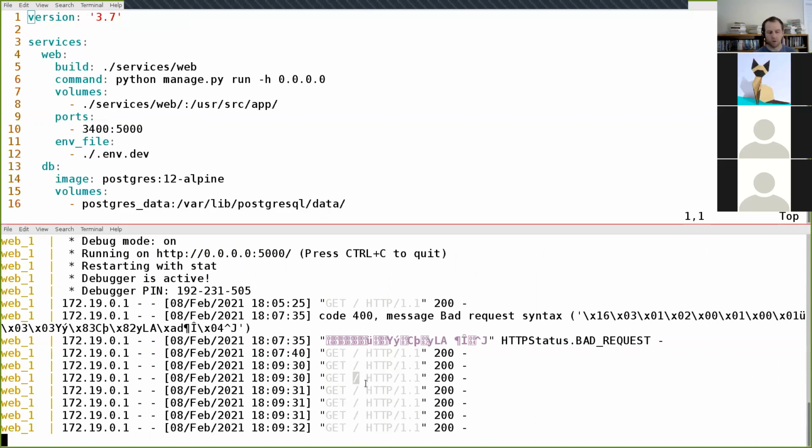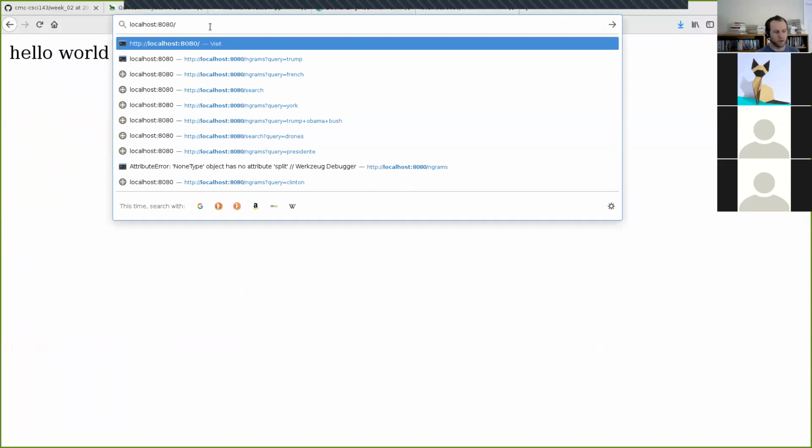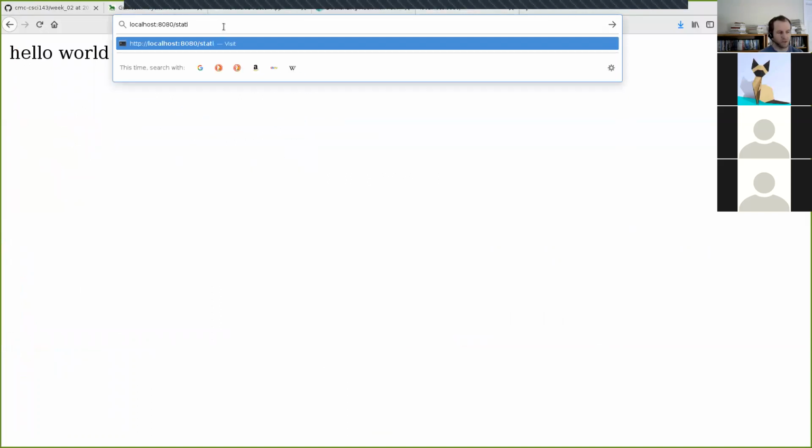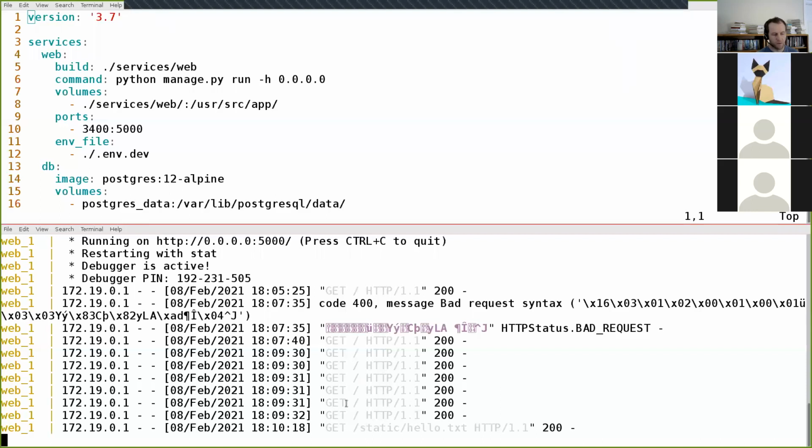Here is the location that I'm requesting, so / whatever the root of the web server is. And then over here is what's called the HTTP status code. 200 means that everything worked correctly. If I were to change this up here, since there's another location on the server, hello.txt gives us this right here. And come down here, we can see that the location that I typed in is displayed right there, static/hello.txt, and it existed, so it also gives us this same 200